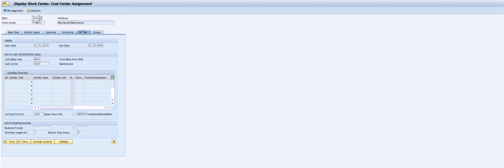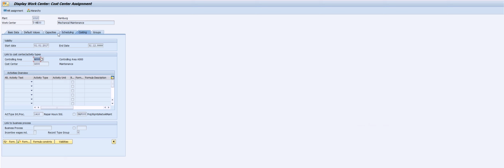Okay, and then go to the costing here. Based on this combination, controlling area, cost center, and this activity type, our labor costs are getting determined. It might not be clear for you right now, because once you jump to the maintenance order, that is your transactional data. Once we start executing all this, it will be clear. So right now, just for understanding, note down that this costing tab has activity type and cost center. It is at the controlling area level, and based on this only your labor costs are getting determined